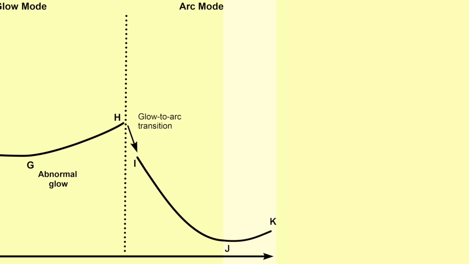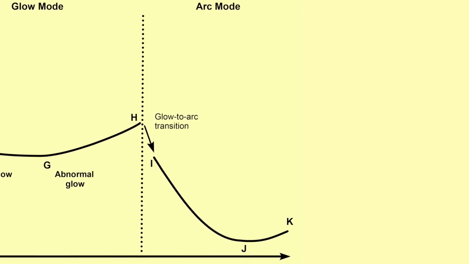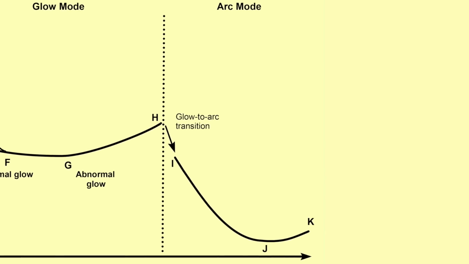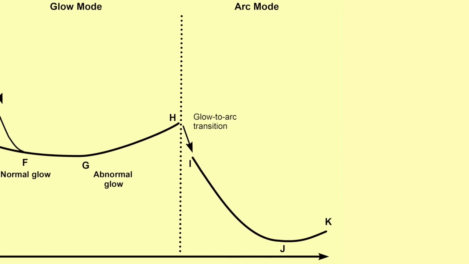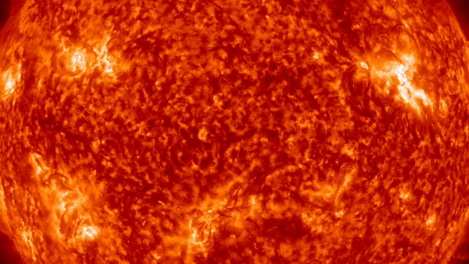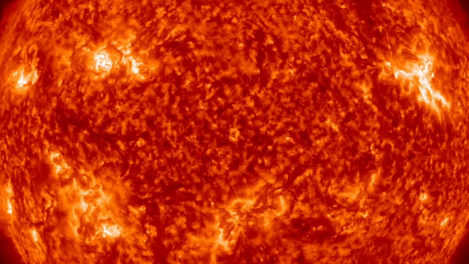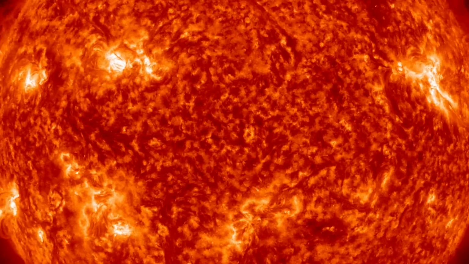We can't see into this region from outside the sun because the brilliant opaqueness of the arc mode begins out at point I. As we move to the left, up from the sun's interior, out to a point between points J and I, we might expect to see evidence of the forming of filaments because the E-field plot has negative slope there, as we just discussed. But of course, we can't see anything in this region of the sun because the entire region is opaque. If it's opaque, you can't see through it.